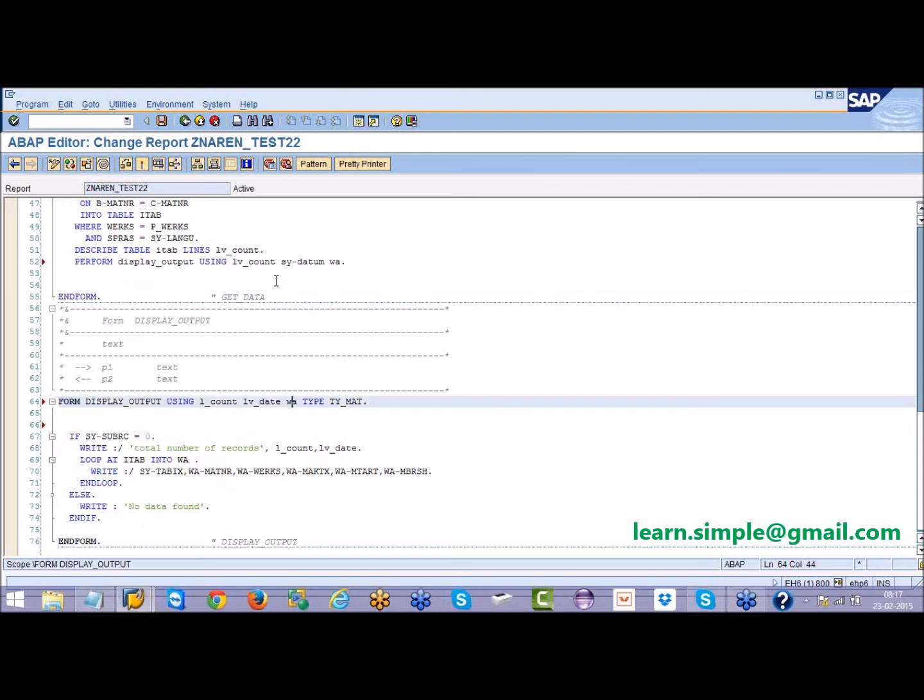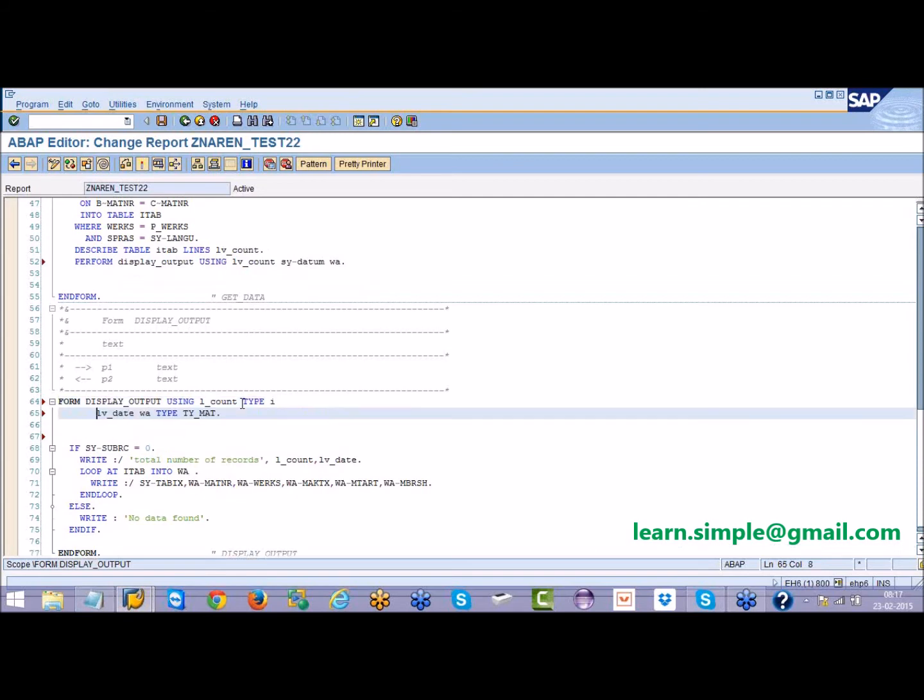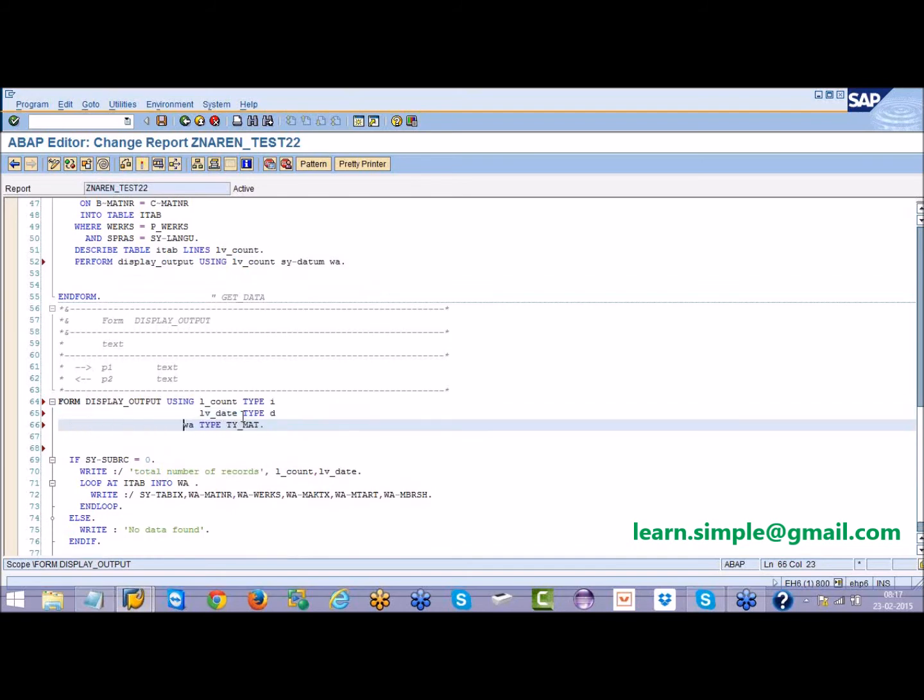Even for variables, you do it the same way. For example, here you are capturing LV count, so you say LV count type I, where I stands for integer. Similarly, LV date type D stands for date. Similarly, work area type ty mat.